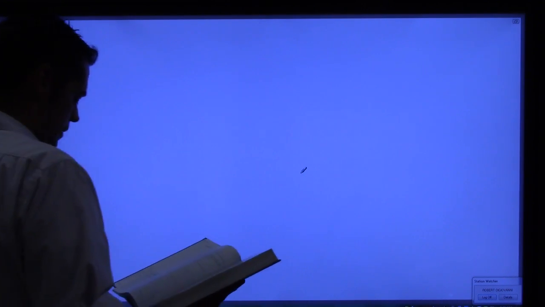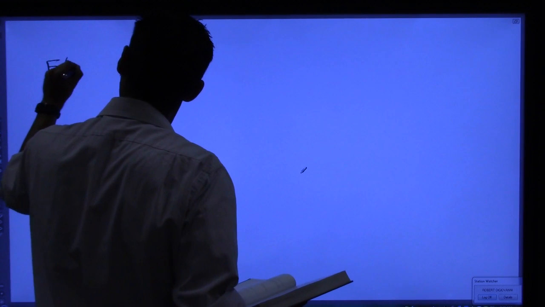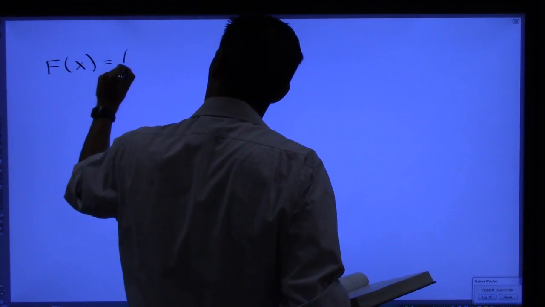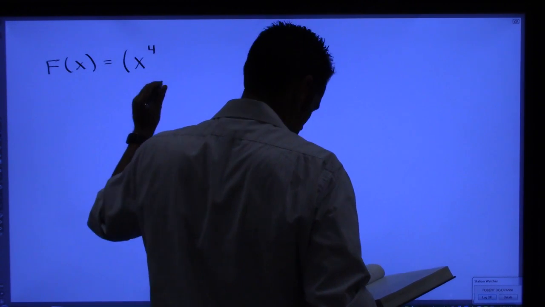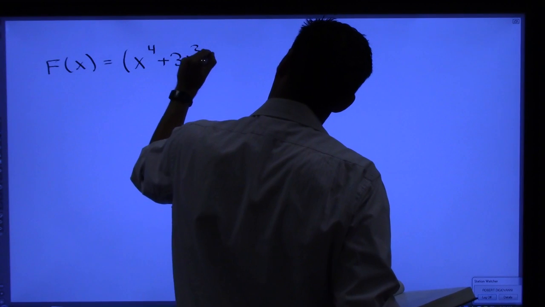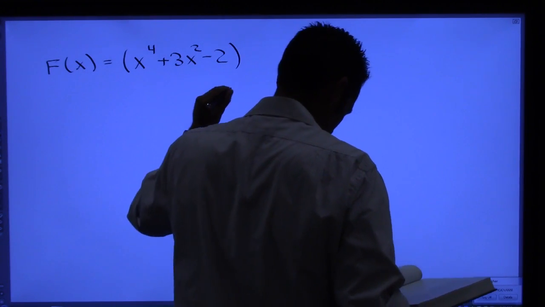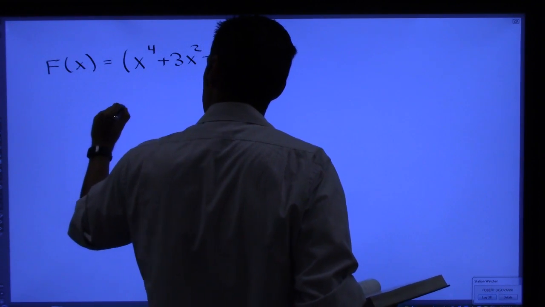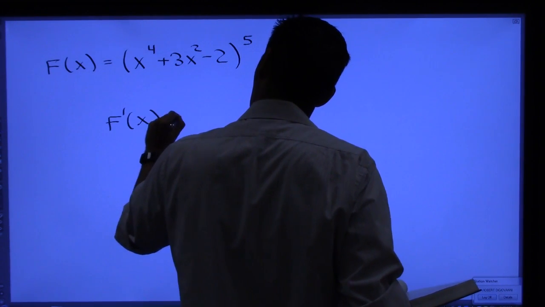Let me do the other two quickly. We had capital F of x equals (x to the 4th plus 3x squared minus 2) all to the 5th power. So the derivative of this will be,